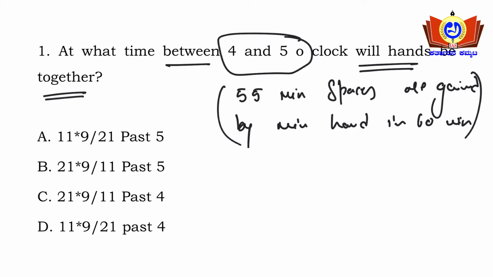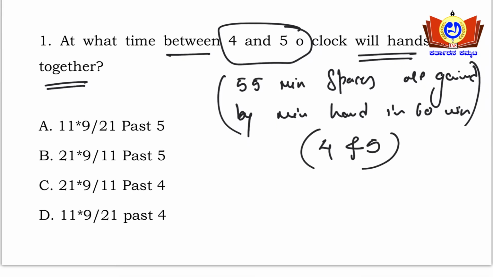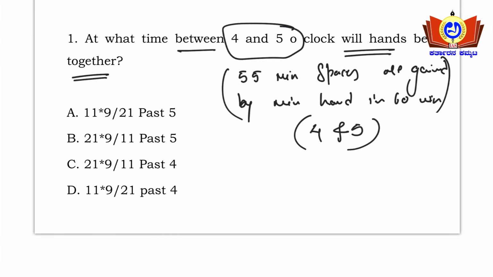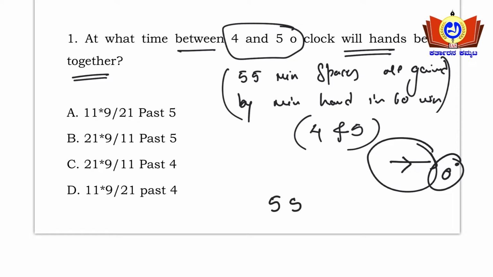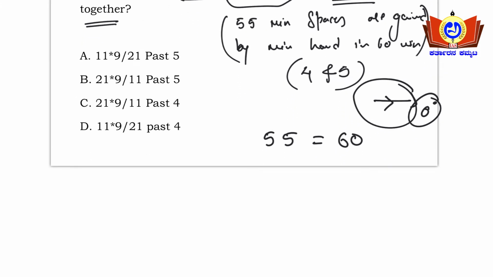The time is given between 4 and 5. Together means the hour hand and minute hand should be overlapping, so that is 0 degree. The equation I will write: 55 minutes, that is 55 spaces, equals 60 minutes, and between 4 and 5, since 4 is there, it is 20 minutes, 20 spaces,